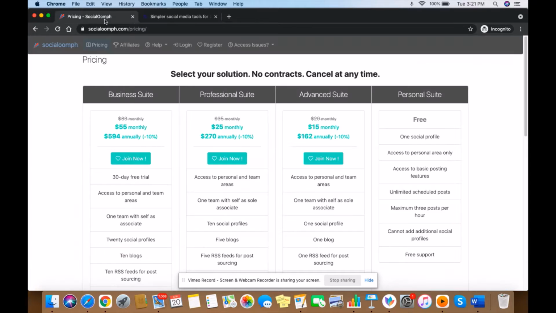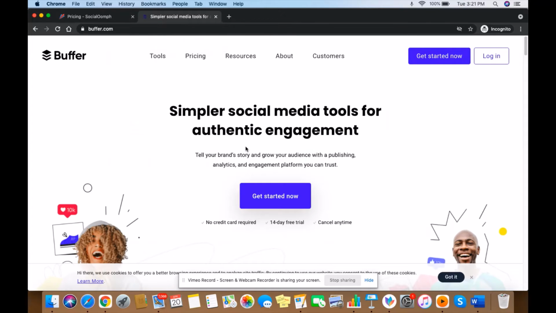In Social, you will be able to connect only one profile, but in Buffer, in a free plan, you would be able to connect up to 3 accounts.